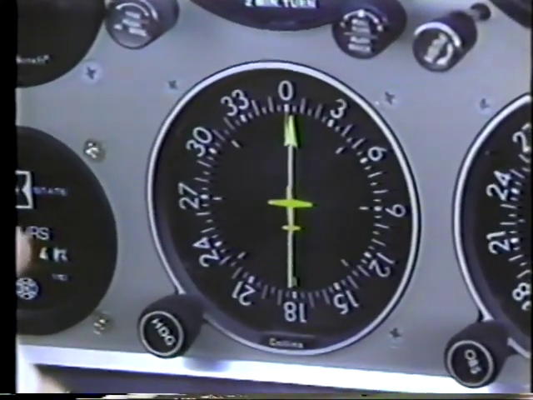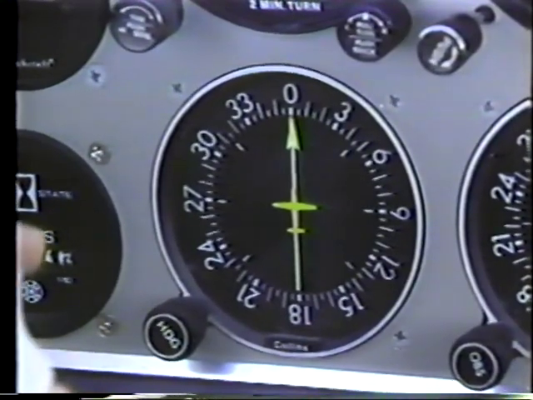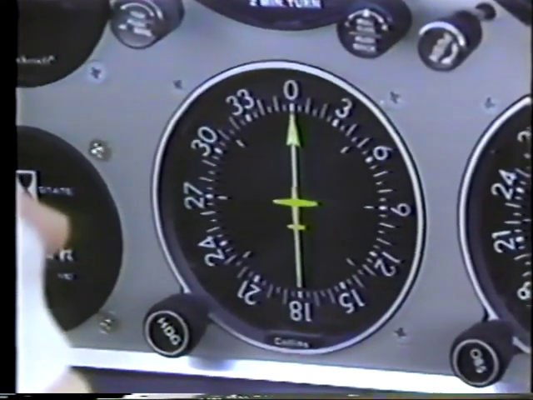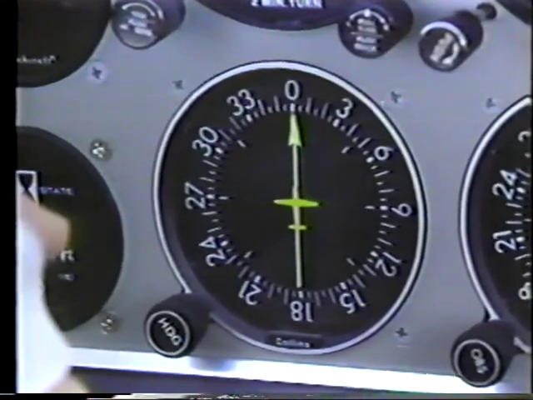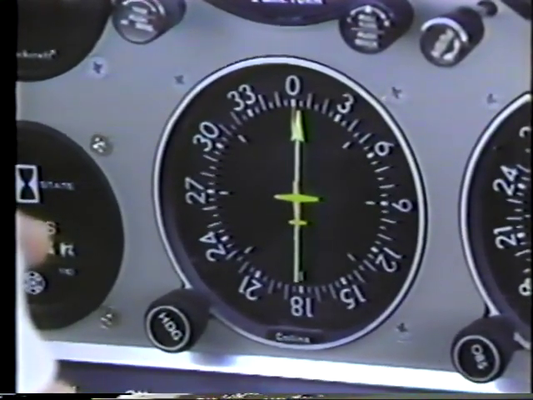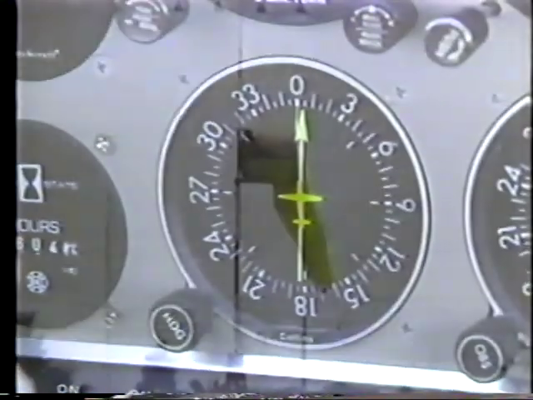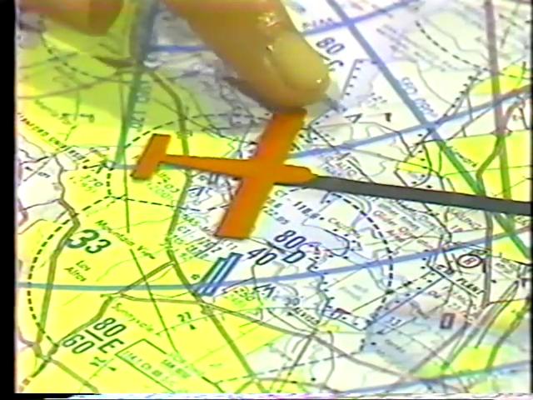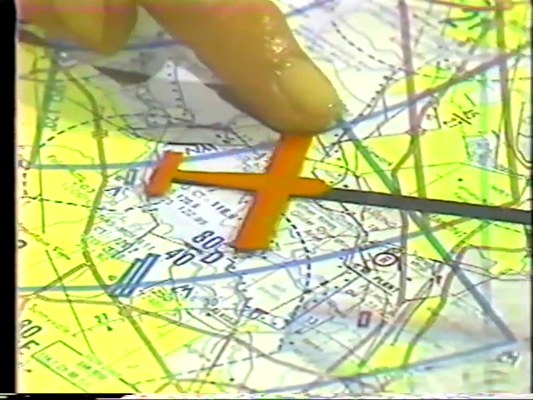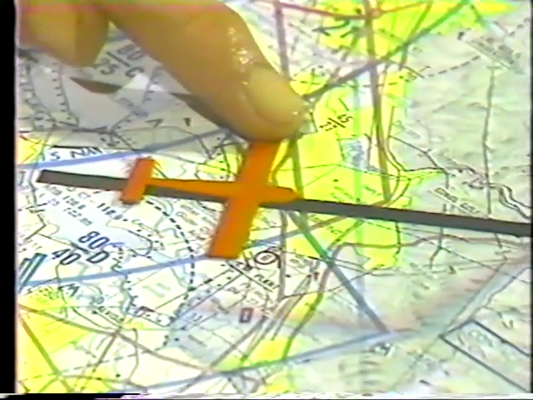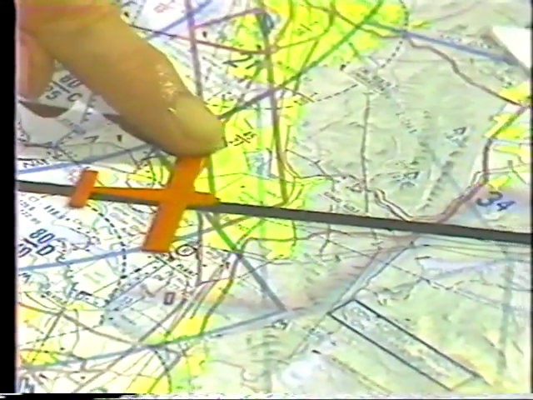The fact that we are on course is verified when we turn to our desired course of 042 degrees. This causes the bearing pointer to move to the nose position, or 0 on the dial. The message we received from the ADF is that Riga NDB is now directly ahead of the nose of the airplane. If there were no wind blowing, we would continue to fly any heading necessary to keep the bearing pointer on 0. This would take us on a straight line to the station, but it is a rare flight in which some wind is not encountered at cruising altitude.